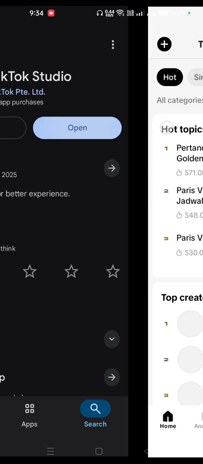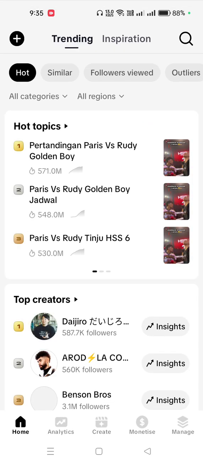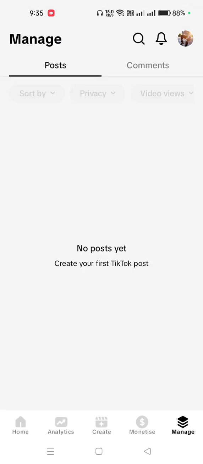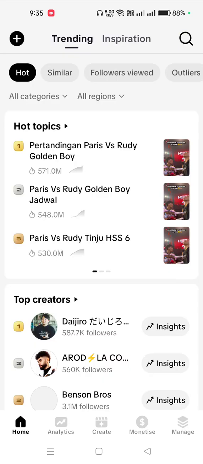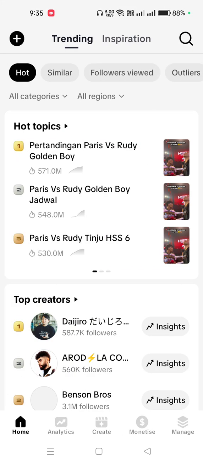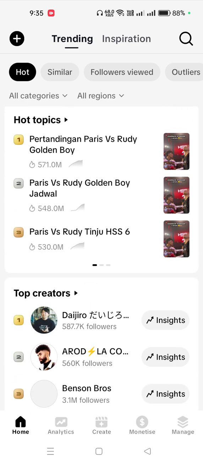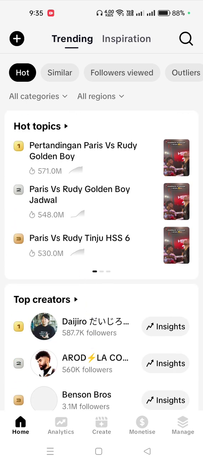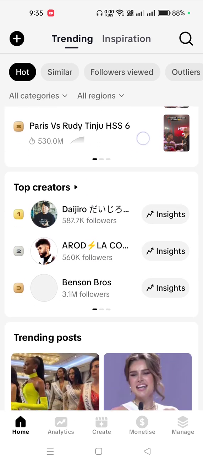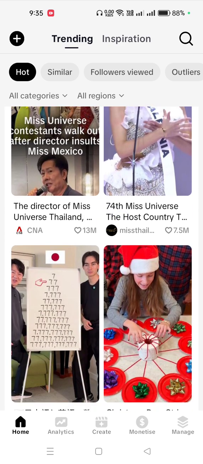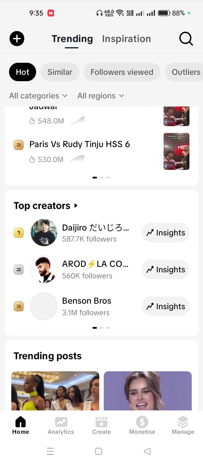So let's open this. I have already logged into my account, and this is the home page. Here you can see the trending section, where you can get an idea about your relevant niche. You can simply search using this search button, on any topic within your category. You will also get the top creators and what they are producing, the list of hot topics in this section, and the hot videos or trending posts. You can search the topics as per your viewership.